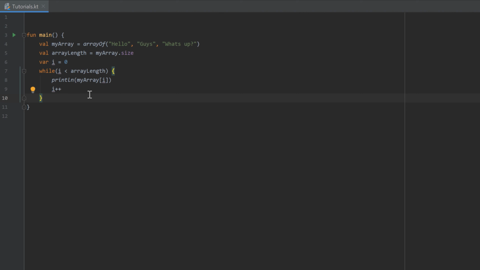Hello guys, and welcome back to the 13th part of the Kotlin UP2 Pro series. In the last part I talked about while loops, so we created an array here with rings